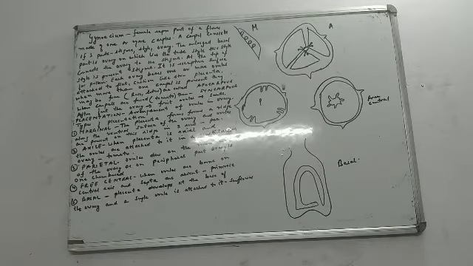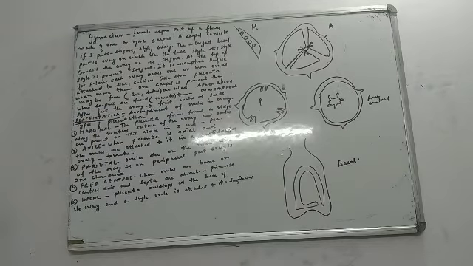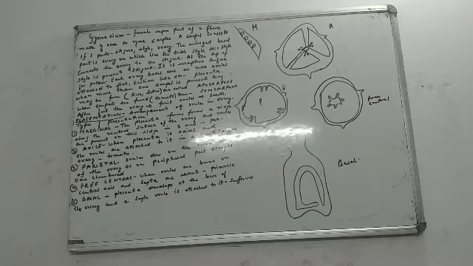We are moving on to the next topic in the video, that is placentation. See this word, placentation. What is placentation? I told you we have ovules inside the ovary. So how are they arranged in the ovary? That arrangement of ovules in the ovary is what we call placentation. The ovules must be arranged in a definite manner or pattern, and that pattern of arrangement of ovules inside the ovary is placentation. It is of 5 types. I am going to take them one by one with you.